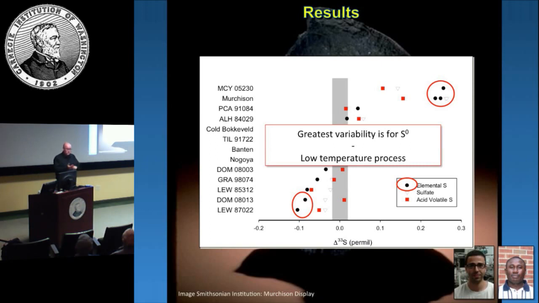The ethanol extractions were done in an anoxic system, so we don't think that we would have produced it in that extraction procedure, but there are reactions that can produce it that way. There are independent extractions of elemental sulfur with other solvents, benzene for instance, that avoid some of those complications but introduce others, that tell us that there's elemental sulfur there. But this is identified as elemental sulfur in the ethanol, not in situ. And then there's the issue of how you bring it in with the meteorite coming in, and the argument there is the meteorite is cold, so it doesn't actually heat up and evaporate away.